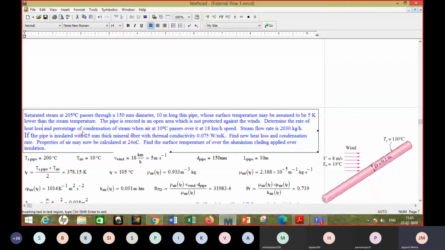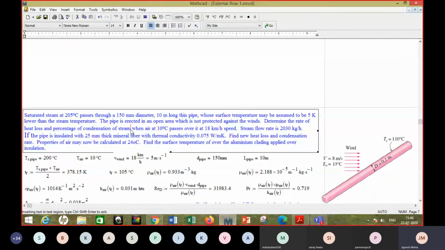So for that purpose, what I have included here is what part of the steam would condense, right? We are assuming saturated steam, but when heat loss occurs, some part of that steam would condense. So what percentage of steam would condense? That will give you a relative idea whether the loss is significant or insignificant. Of course, the other way to calculate that could be how much heat is lost, and to produce that much heat in the boiler, how much fuel is burnt and what is the cost of the fuel. So how much money are you wasting if you are not insulating the pipe. That could be another approach.